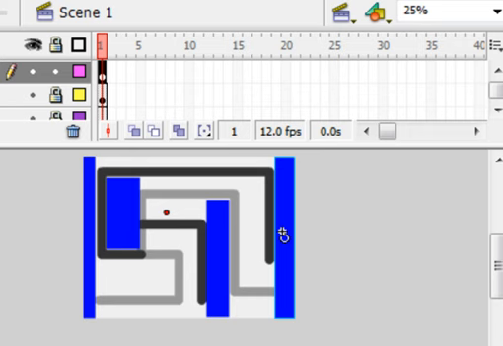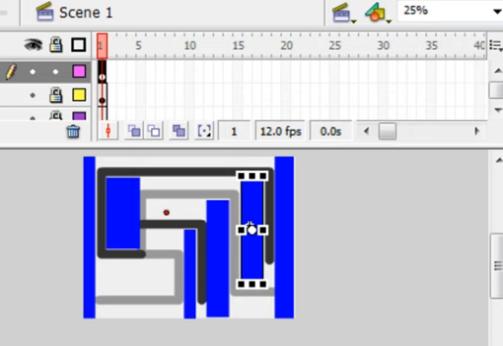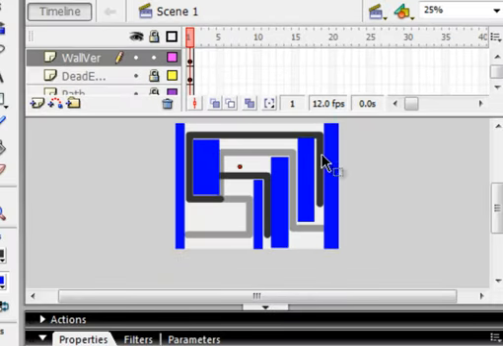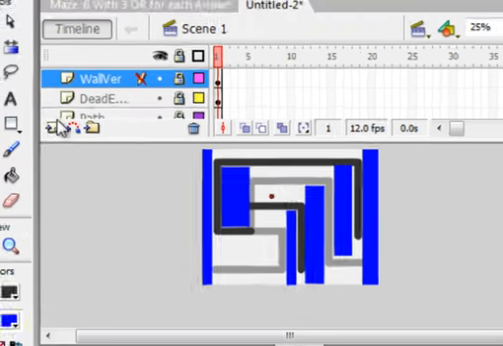So I have a 1, a 2, a 3, a 4, and now I'm going to pause and put the rest of the vertical walls in. Okay, I have 1, 2, 3, 4, I have 6 vertical walls, and don't worry about these gaps, it just makes the path wider. I'm going to lock this layer,